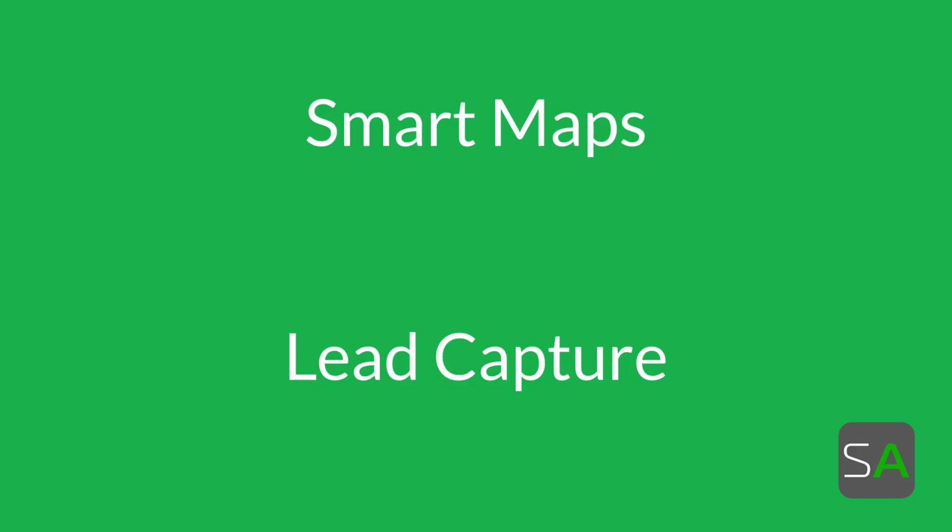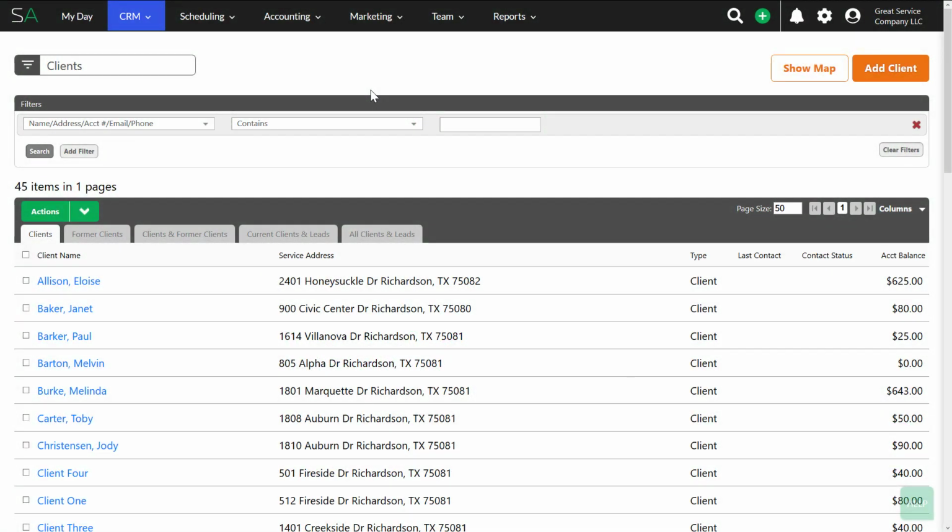With the Smart Map subscription, you get the ability to create leads from a map. So once you have them in your system, you can then do print marketing to those leads. So right now in Service Autopilot, I'm on the client list page under CRM and clients, and the Smart Map